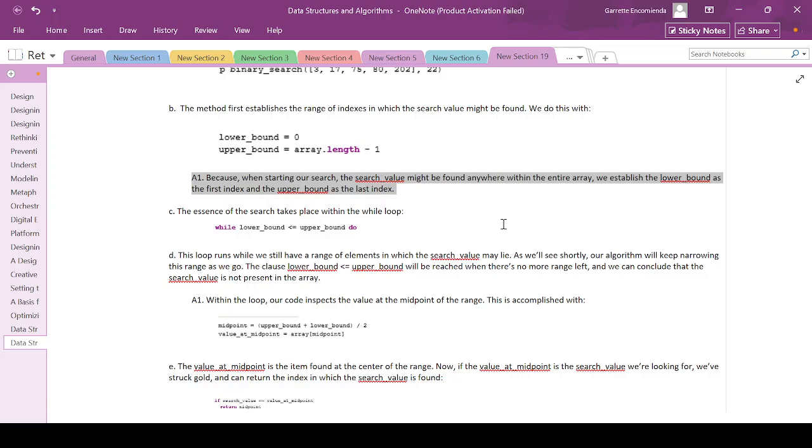So because the search value might be found anywhere within the array, we establish the lower_bound as the first index and the upper_bound as the last index in the array. So array.length minus 1 because it starts with 0. The essence of the search takes place within the while loop. While lower_bound is less than or equal to upper_bound,